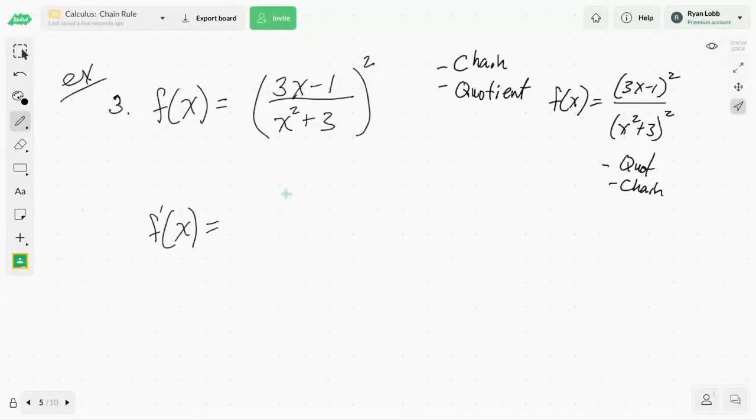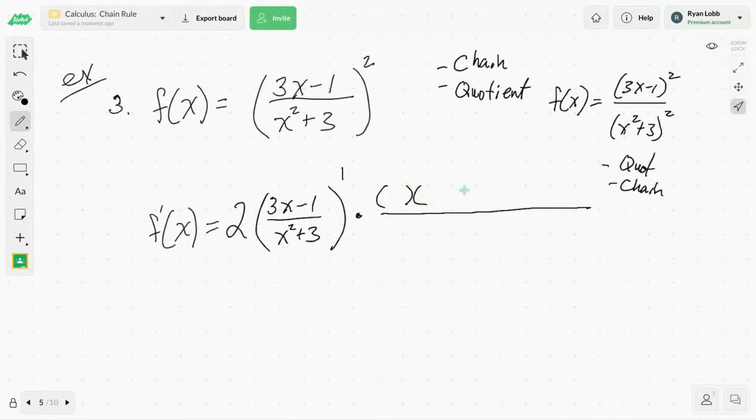So how's that look? Well, it'd be the general power rule: keep everything inside the same, drop the power by 1. Now what's inside? Well, (3x minus 1) over (x squared plus 3), times, now what? Times the derivative of the inside stuff. But that's going to be a quotient rule. So we're going to have